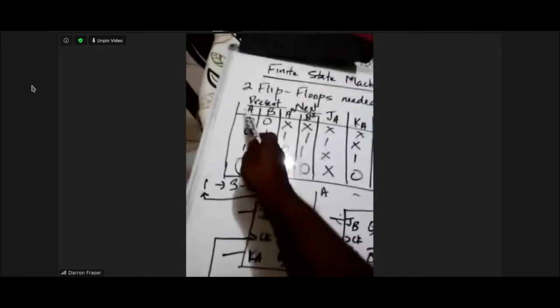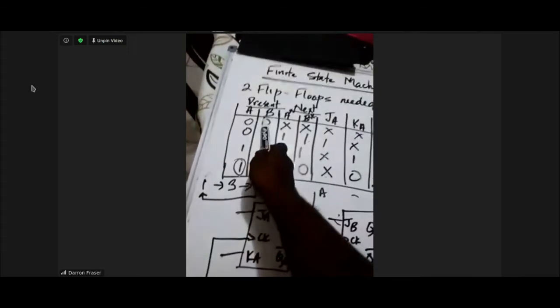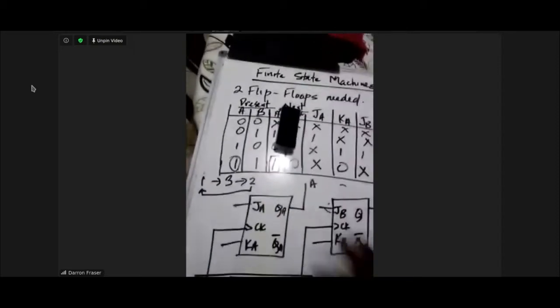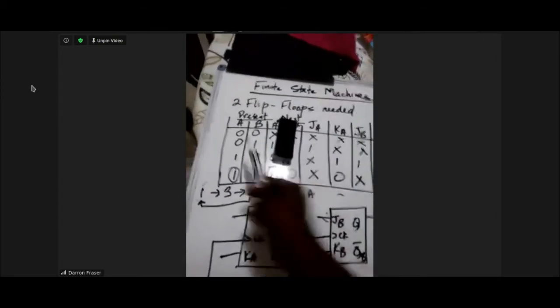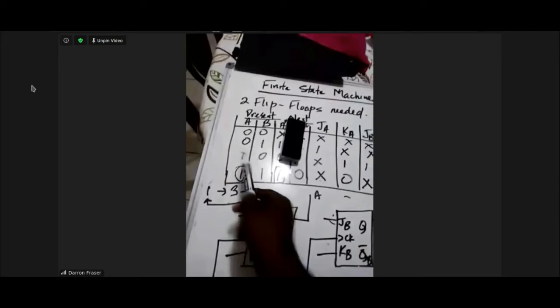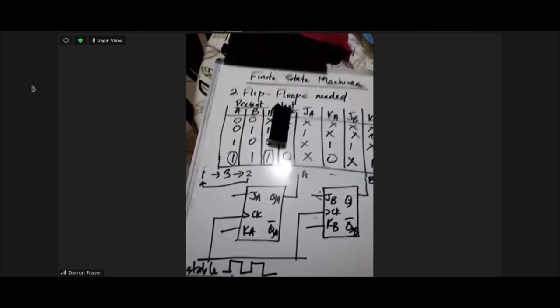Each of these is our input to our truth table. We ignore the next state for now. So this is the input to the truth table, and this is the output for J. What is J going to be equal to? Well,